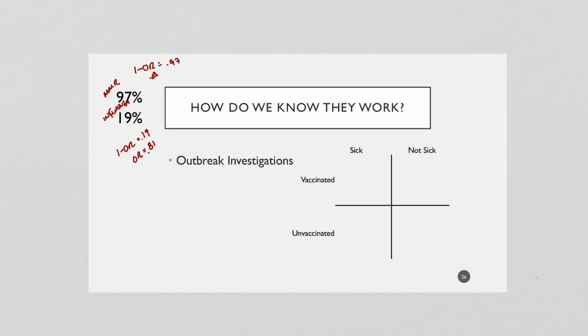the vaccine. And so we've talked about influenza vaccines. We've said that it's not as good as it should be, but it's still cutting your risk by 19% of being in an outbreak, in an epidemic. So it's still something. It's better than nothing. But here's how we calculate outbreak odds ratios.